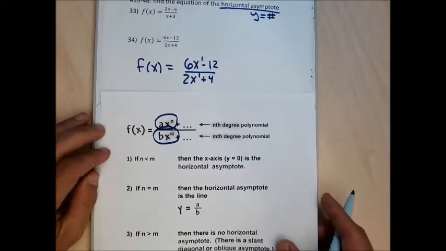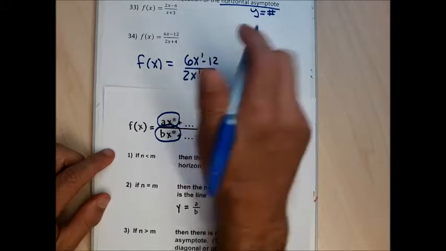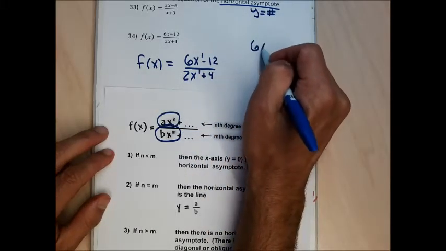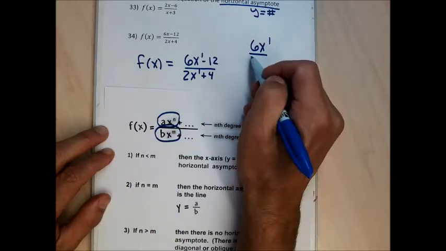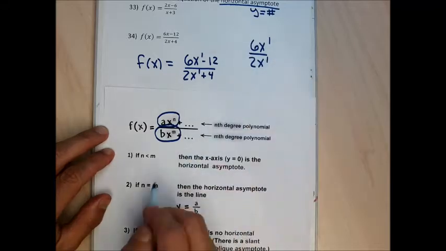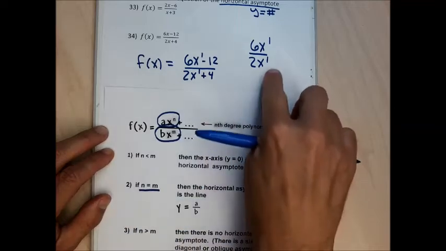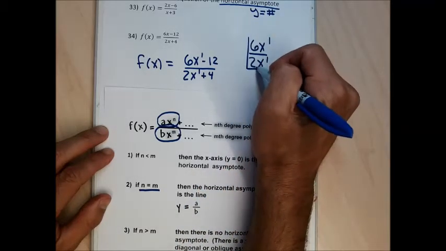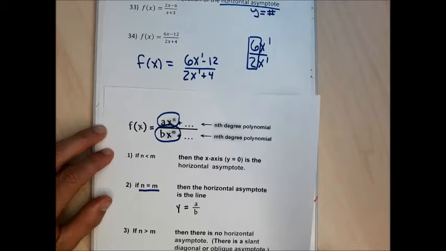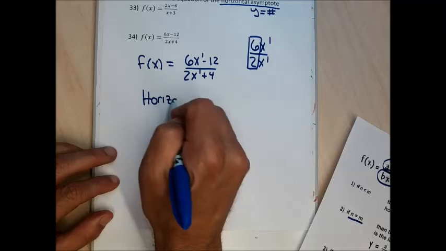In this particular problem, to find the horizontal asymptote, I look at the term in the numerator with the highest exponent, and that's the 6x to the first power term. I also look at the term in the denominator with the highest exponent. That's the 2x to the first power term. Because the term with the highest exponent in the numerator has the same exponent as the term with the highest exponent in the denominator, there's going to be a horizontal asymptote, and I divide the coefficients of those x terms to get it. So for problem 34, the horizontal asymptote